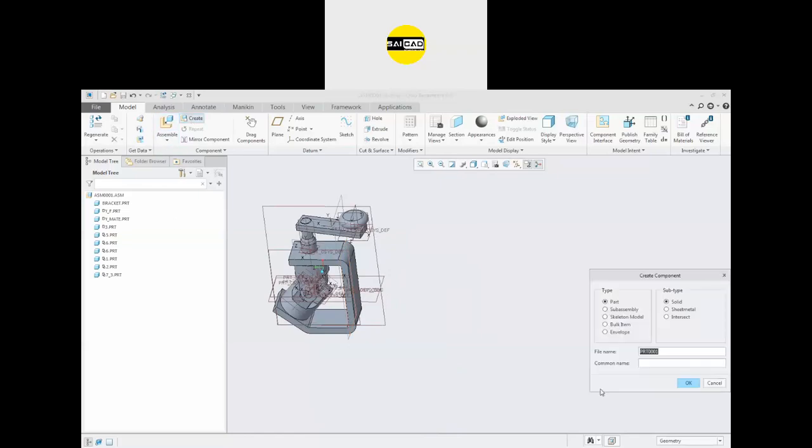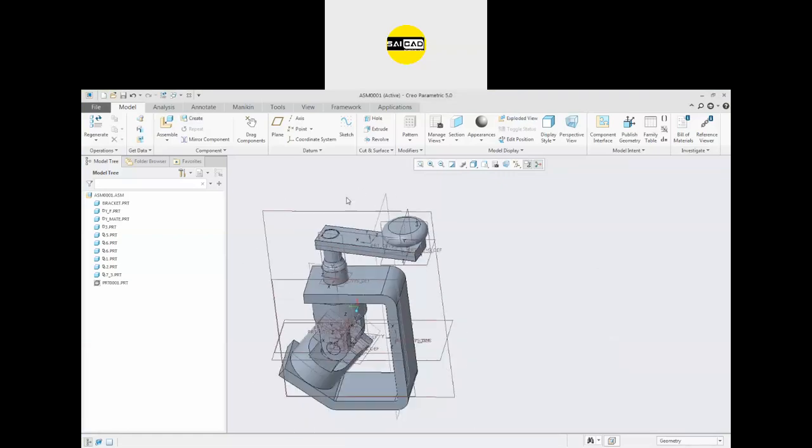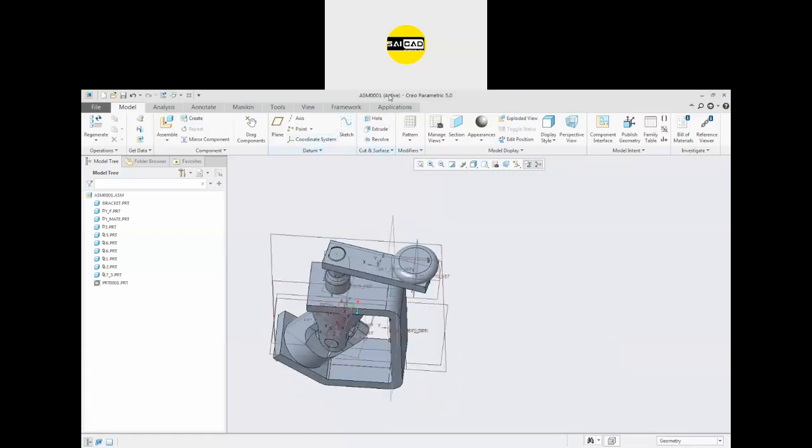Okay, to create a component, I want to create a part solid. Define the name. I want to use the unit from the assembly, so I'm just going to copy from existing, or I can use empty. Like that. Leave the component unplaced. You can create it anywhere. Click OK, and now you will have the tools here.